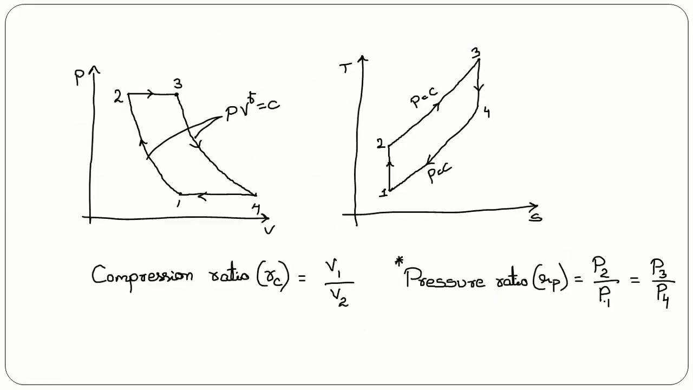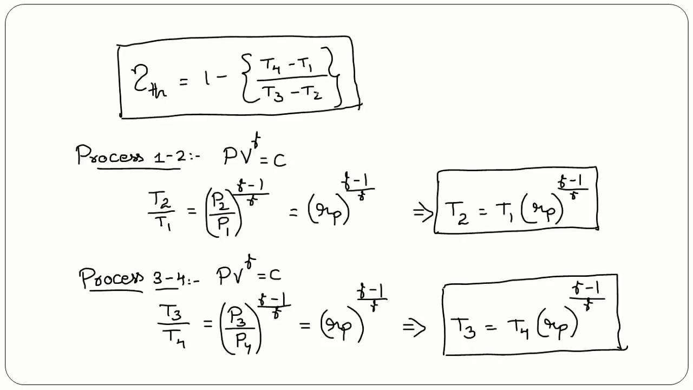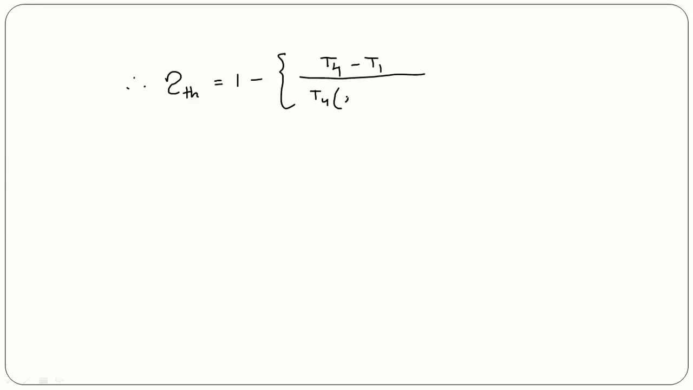See, P2 by P1 or P3 by P4 both are equal to the pressure ratio. That is the reason we have written like this in this particular case. Therefore the thermal efficiency will be equal to 1 minus, you can write T4 minus T1 by T3, which can be written as T4 into Rp to the power gamma minus 1 by gamma minus T2, which is T1 into Rp to the power gamma minus